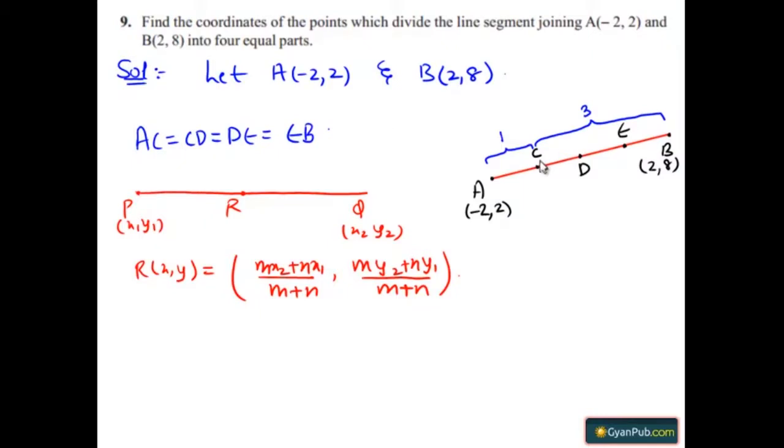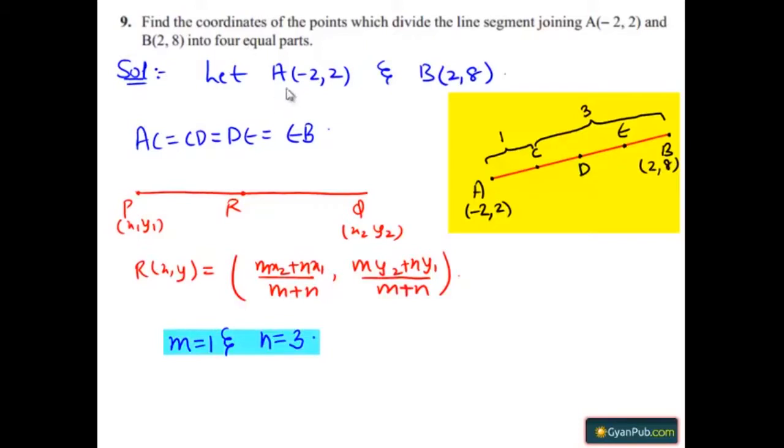Here the point C divides AB in the ratio 1:3 internally. So m value here is 1 and n value is 3. We represent the point A as x1, y1 and the point B as x2, y2. And by section formula, the coordinates of point C are